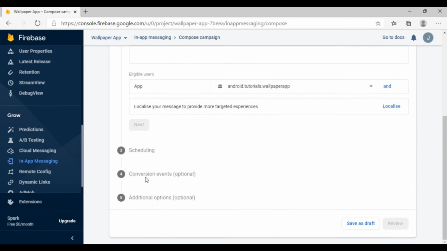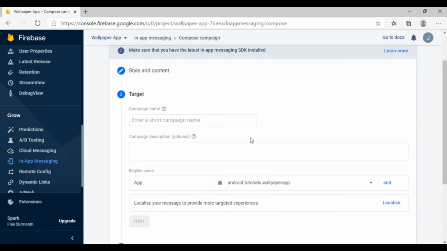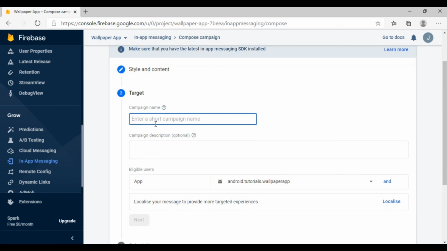So here we have to give our campaign name, which is important. So we are going to write Android tutorials. Then you can click on next, then send it now only.